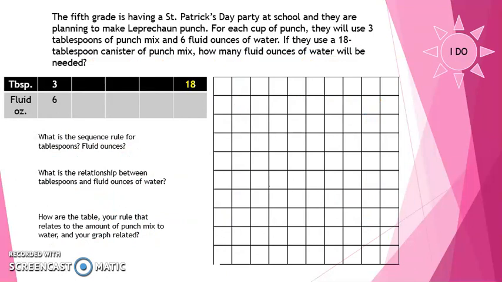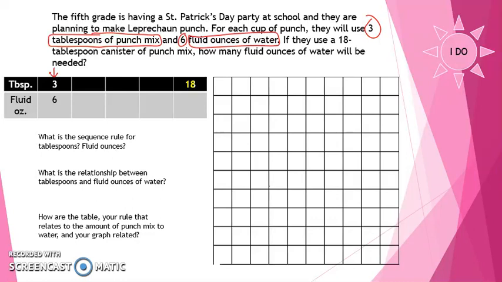Let's go ahead and take a look at the I Do. We have the 5th grade that is having a St. Patrick's Day party at school, and they are planning to make leprechaun punch. For each cup of punch, they will use 3 tablespoons of punch mix and 6 fluid ounces of water. Okay, so you can see that we have our 3 tablespoons, 6 fluid ounces of water filled into the first